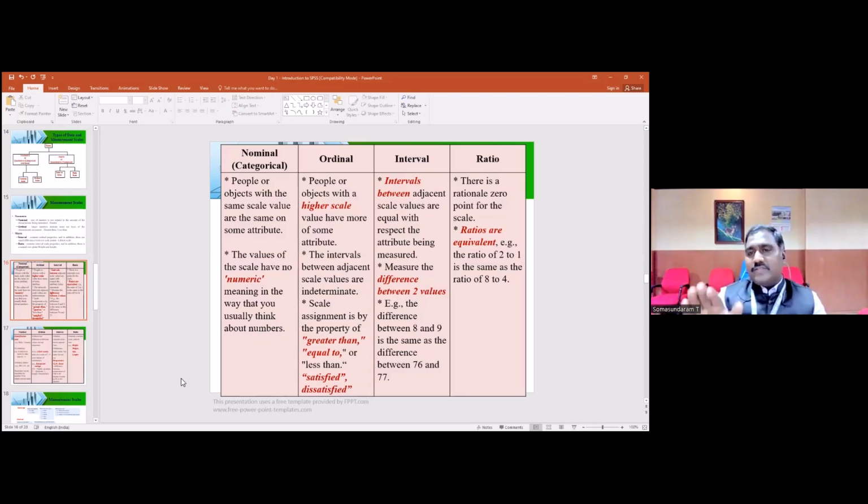In those cases, they will go for the ratio scale, but most probably we will not deal with the one-sample t-test or with ratio scales, because all our variables will be measured with either nominal or ordinal scales. Intervals are based on category. When you are measuring the variables with certain categories, there is no need to use interval. But if it's an open-ended question and you want to categorize, you can make it an interval.